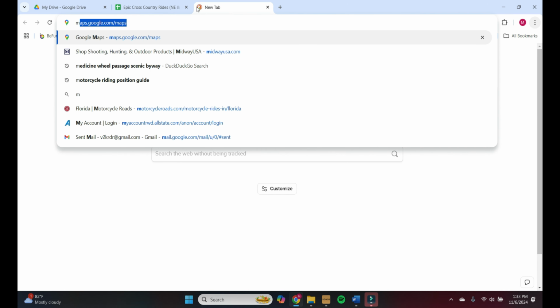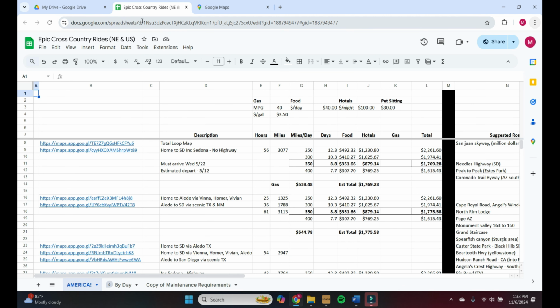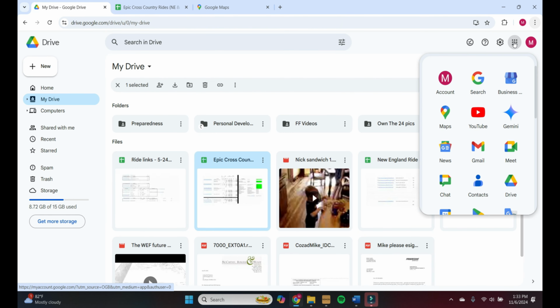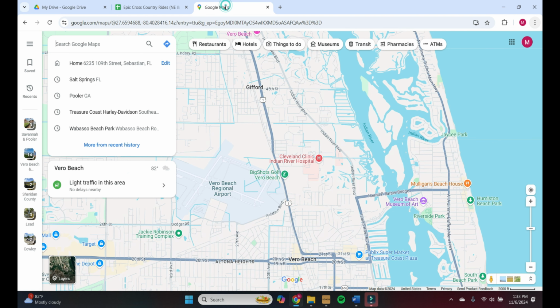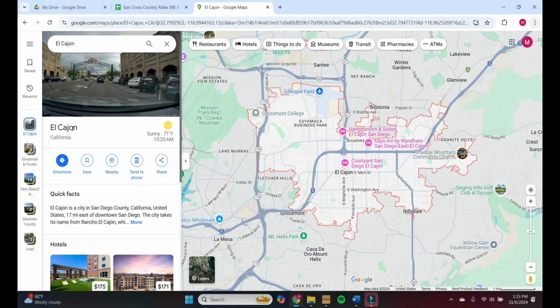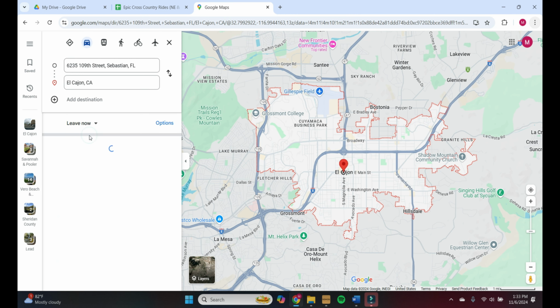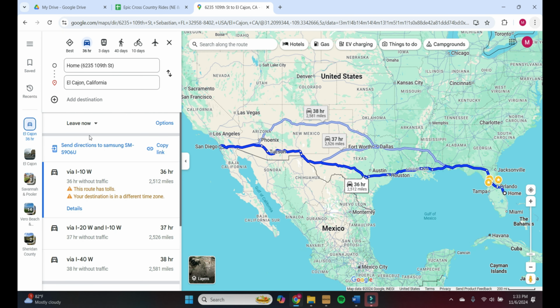And you're going to go to maps.google.com. Also, this will have that same cluster, so you can find this little deal here, Maps icon. That'll get you there as well. So let's go to Maps. Where do we want to go? We're in Sebastian, Florida. But this spring, in May, we went to El Cajon, California. Pretty simple directions. Give me directions from home. Right? You can type in your home address. You can type in whatever address you want to start from, and it'll give you that whole route. Here's the route,